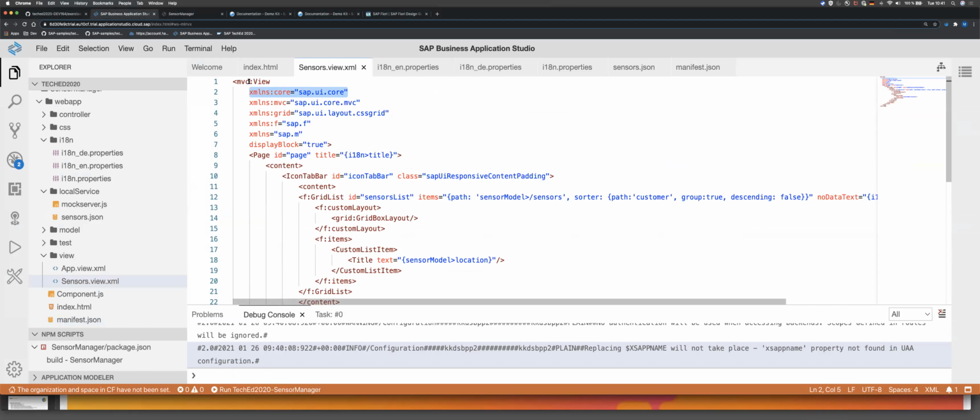So let's add a new controller, and because we are lazy, we go to the first view and see how it's done, and replace it. And now we have to generate a new controller, which is called sensor status,